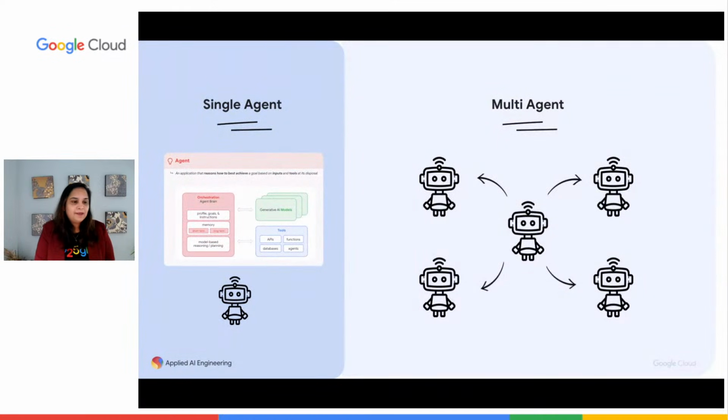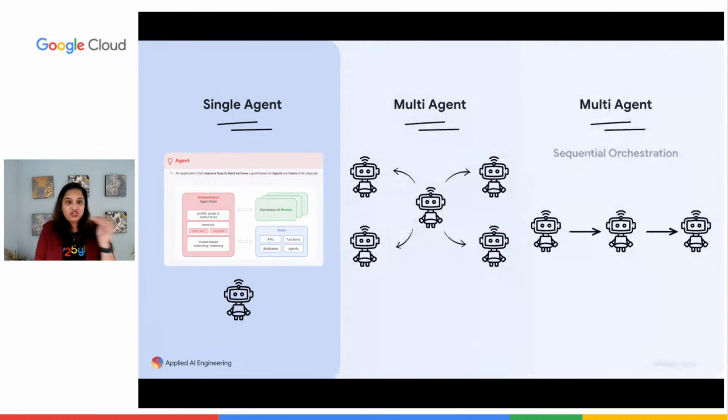We are not going to be talking more about these patterns. With the 45 minutes, we can only do so much, but there are multiple multi-agent patterns that are evolving. Another one could be a simple sequential orchestration, like from this agent to the next agent to the next agent. Very straightforward. Like first we understood what is an agent, and then we went to, hey, how do I define a multi-agent? And then in the multi-agent, there could be multiple patterns. We took two simple approaches. One is having an orchestrator, being able to delegate, and then there is a sequential orchestration.